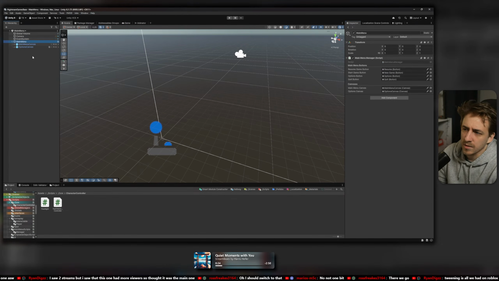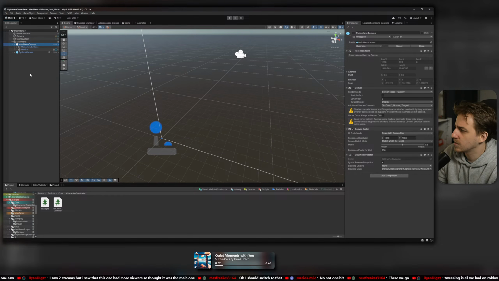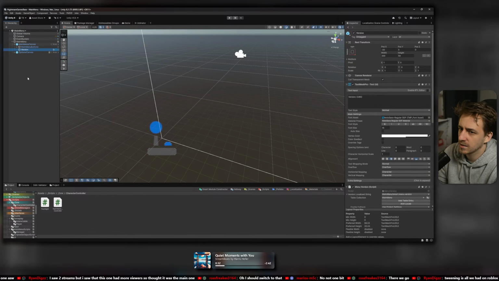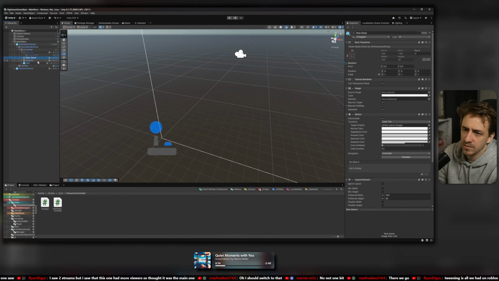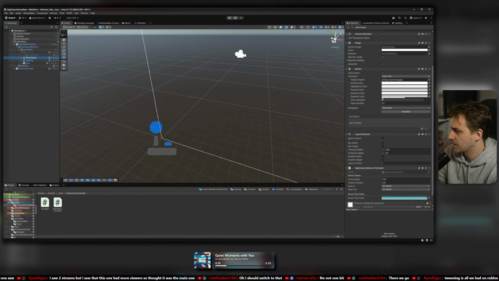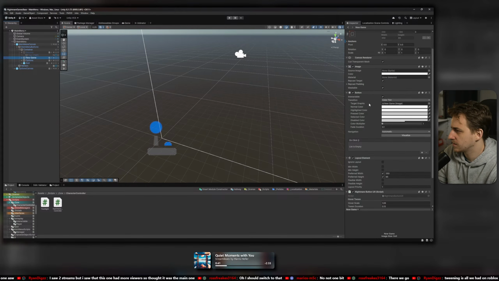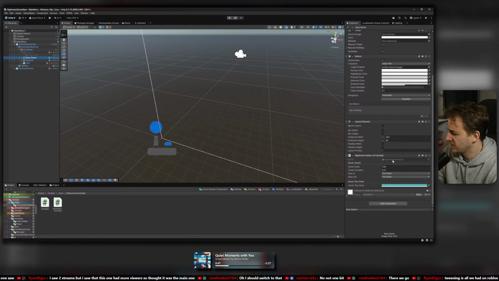It's the same. So canvas, graphic raycaster, canvas scaler. I think I do have all of them. Button. It doesn't even do the hover thing, so that's